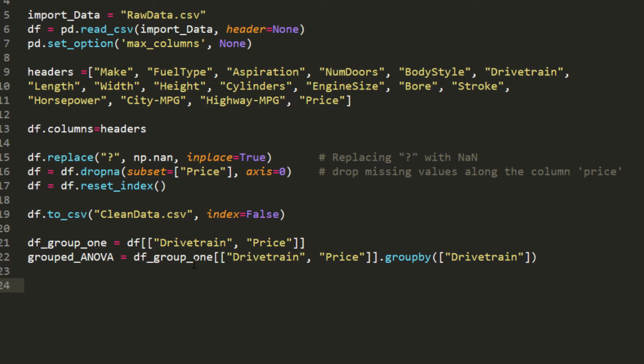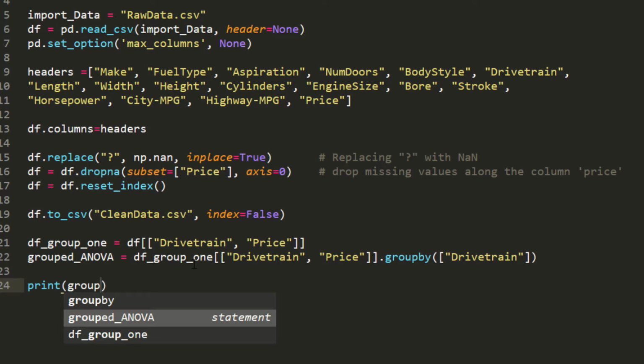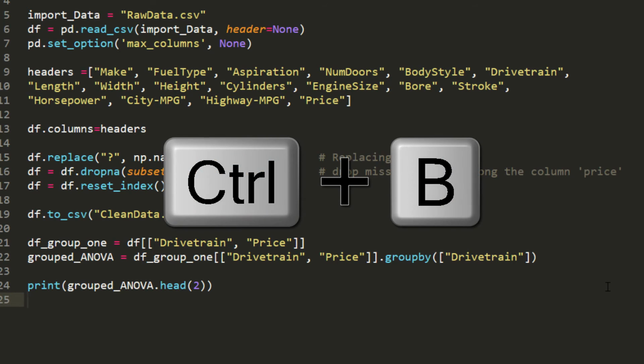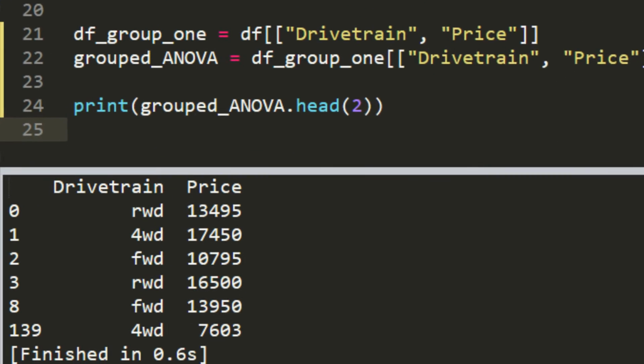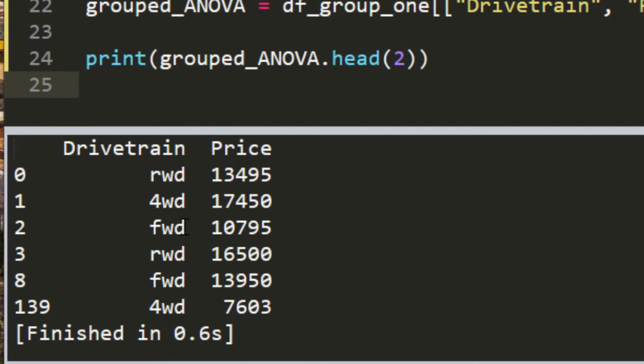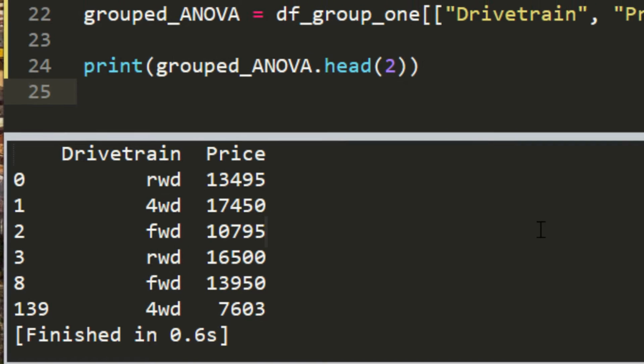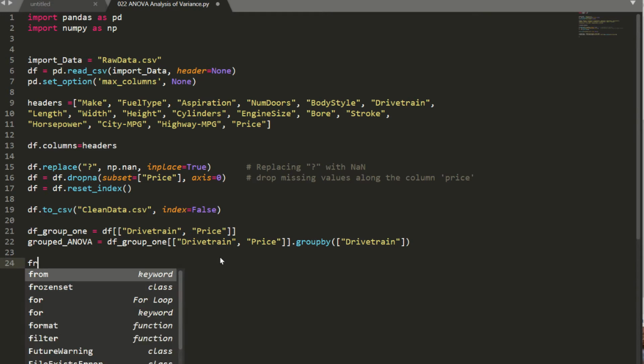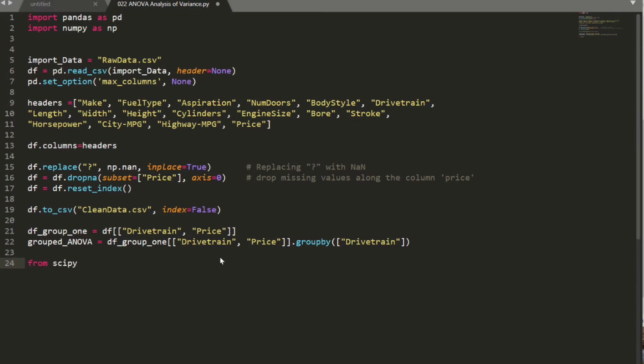Now let me show you the result here. So print group_anova.head, I'm going to use 2 for now. Hit Control B. So this is how the result looks. I grouped them by drivetrain and price. All right, hit Control Escape right here. I'm going to delete this one, I don't need it. And here I'm going to need to import a library from SciPy, import